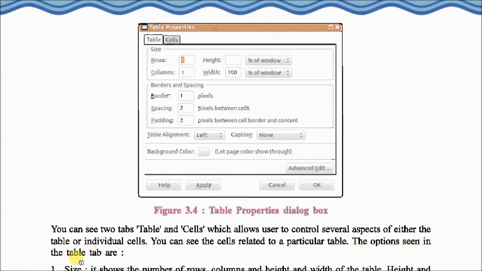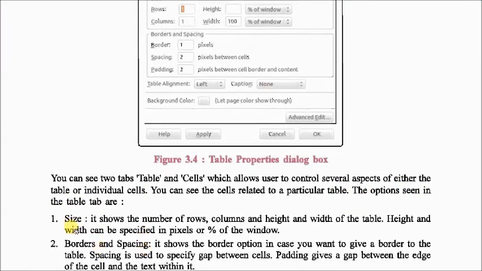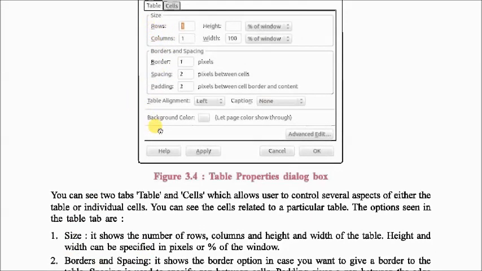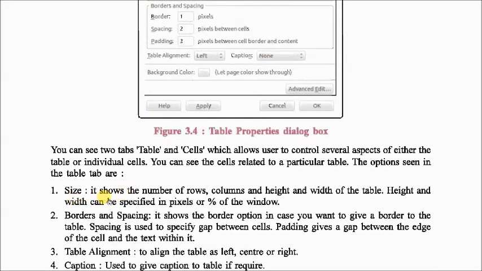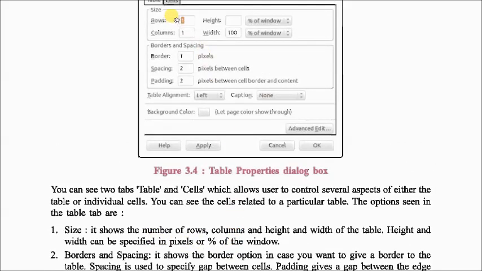The options seen in the table tab: the first option is size. You can see here size, border and shading. Size shows the number of rows, columns, and the height and width of the table. Height and width can be specified in pixels or as a percentage of the window. So here the number of rows and number of columns are there, and here it is showing height and width.